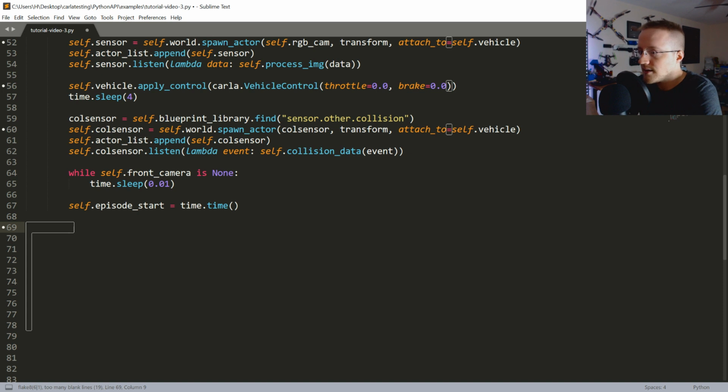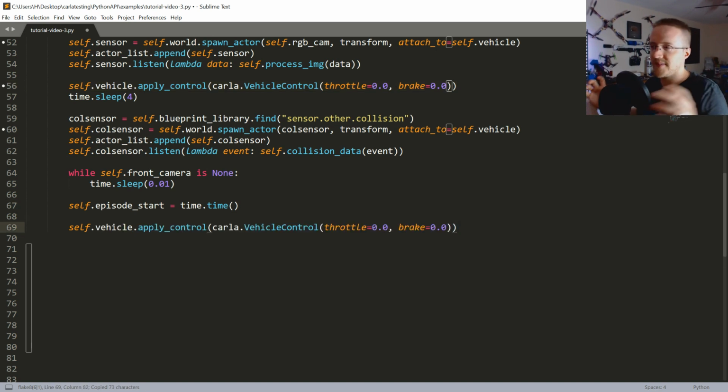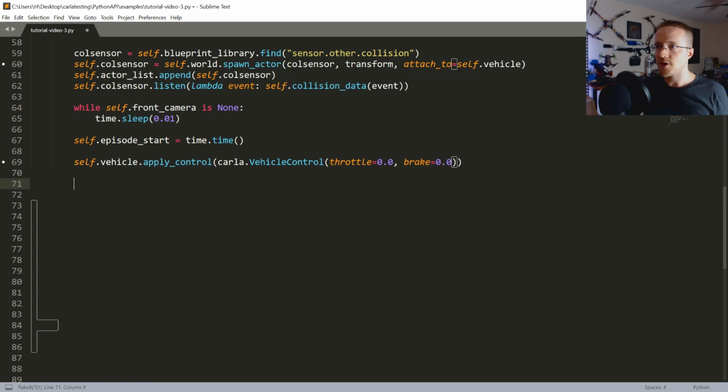Self.episode_start. Okay, so then we're going to issue one more of these self.vehicle controls. Again, it just seemed like throwing these at Carla could get things running. We have no definitive testable findings here yet. We're trying to figure out how we can get things to just work quicker. But if you're just trying to run a car one time, you almost don't even notice the issues. But when you're trying to run 100,000 plus episodes, you start realizing there's strange things happening here. So anyway, self.vehicle.apply_control. Great. And then we will return